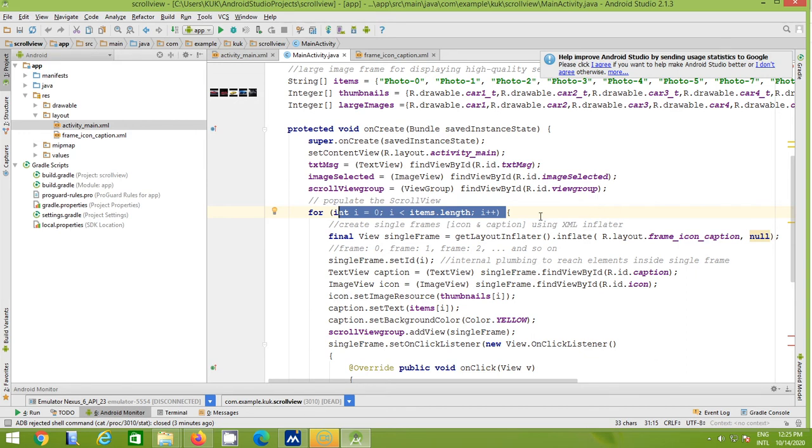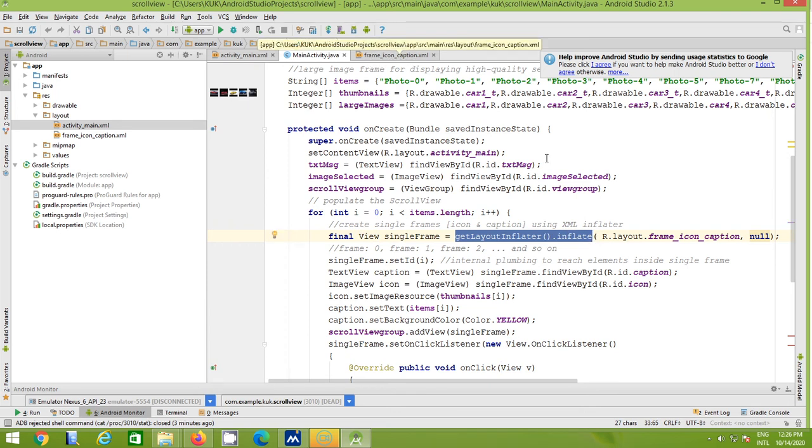To create a view we have a method known as the inflater. So getLayoutInflater().inflate is a method which takes an XML file as an argument and returns a view. So we will create a view with the help of getLayoutInflater().inflate, and that frame will be in your frame_icon_caption file.